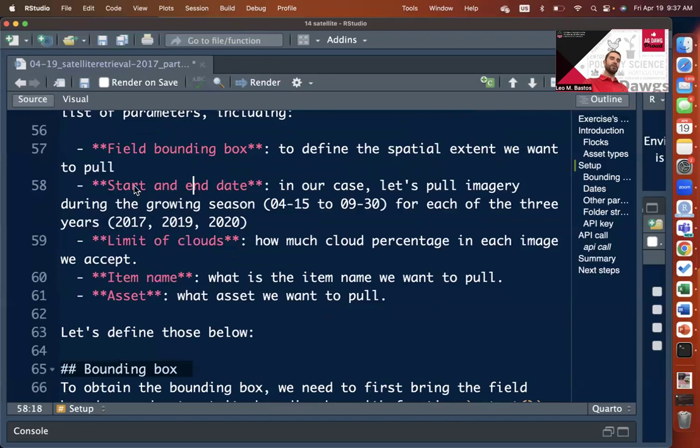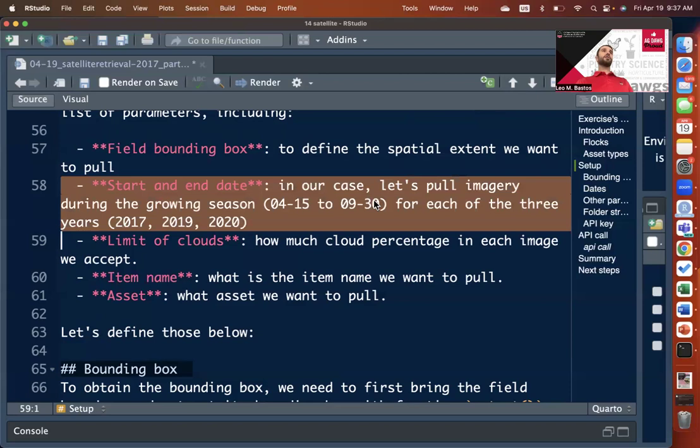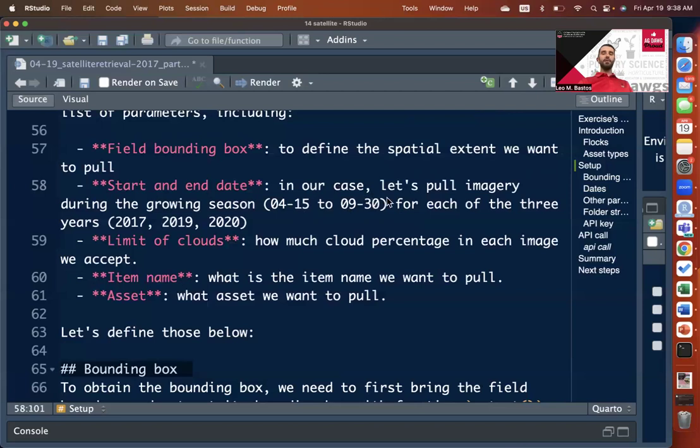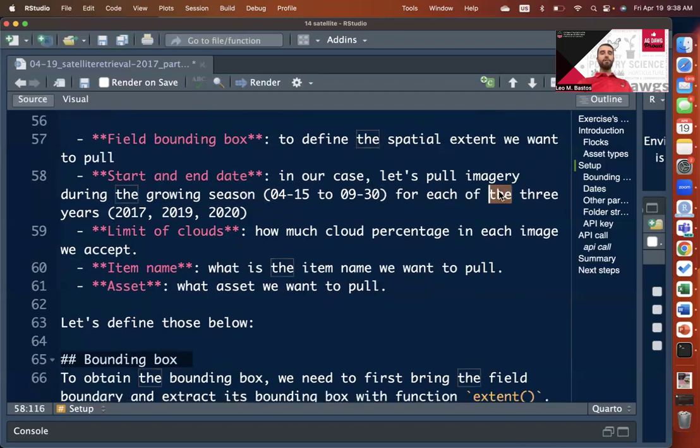We need to define our start and end date as well. We have to say, well, I want all potential imagery from this date to that date. In our case, our interests are crops, so I want to pull imagery during the growing season. And I'm just arbitrarily defining growing season as from April 15th through September 30th. You can change those dates if you have different crops or different growing seasons, it's going to be up to you. For our case here, that's how I'm defining that. And then I want to do that for 3 years. So the 3 years that we've been working on this field that we have yield data for, so 2017, 2019,